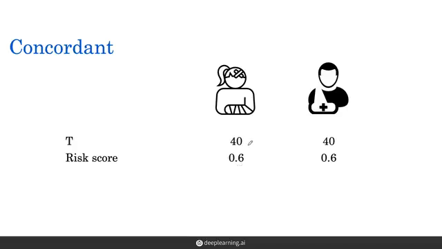But let's look at what happens when our time to event is the same. Now, when our time to event is the same, we'd want an ideal risk score to say that the risk for both of them is the same. So this would be another case which we would now call concordant. Let's say we had two times to events that were different, but the worst outcome was for the one who got the lower risk score, in this case this patient. That's a problem. So this is a not concordant pair.